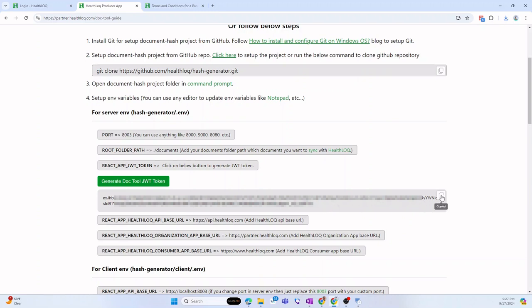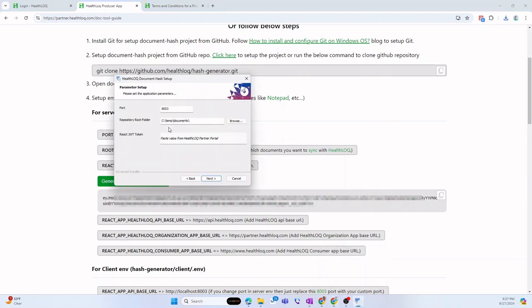Click the copy icon to copy the token, and then paste the token into the React JWT token parameter field on the installation wizard screen. Once all three parameter fields are populated, click the Next button to proceed. The document protection software is now ready to be installed. Click Install to proceed with the